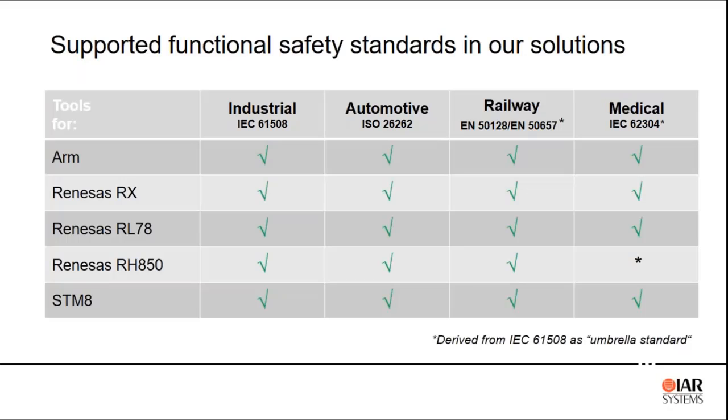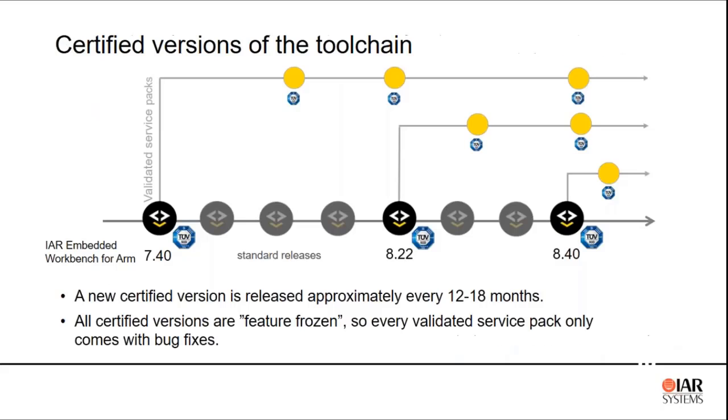Next slide gives you a better overview of what we currently support, or what standards. Mainly it's all of them. Just on Renesas RH850, that's of course derived from IEC 61508. That's the umbrella standard, but on the upcoming version that will be part 2, so it will all be fully covered. To give you a better picture of what it means, the certified toolchain, you have to imagine that we